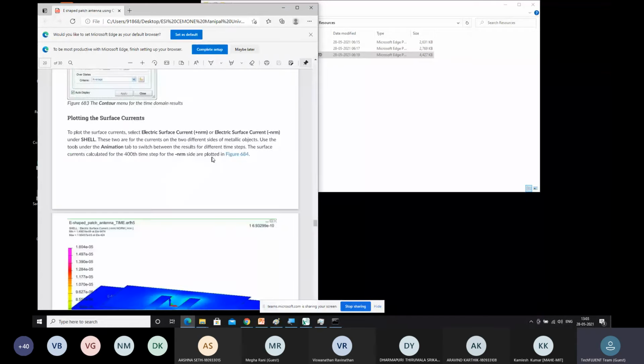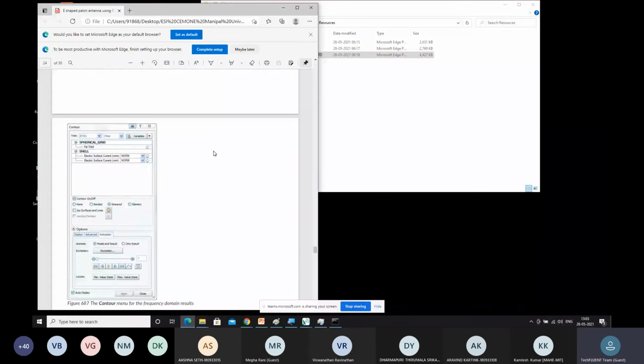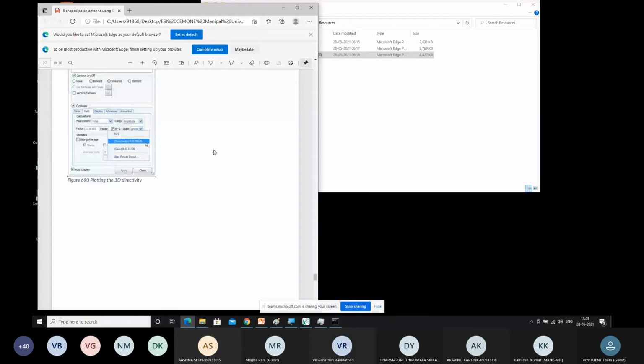You can drop down the time file and you can see the currents, and similarly you can drop down the frequency file and you can see the far field results.